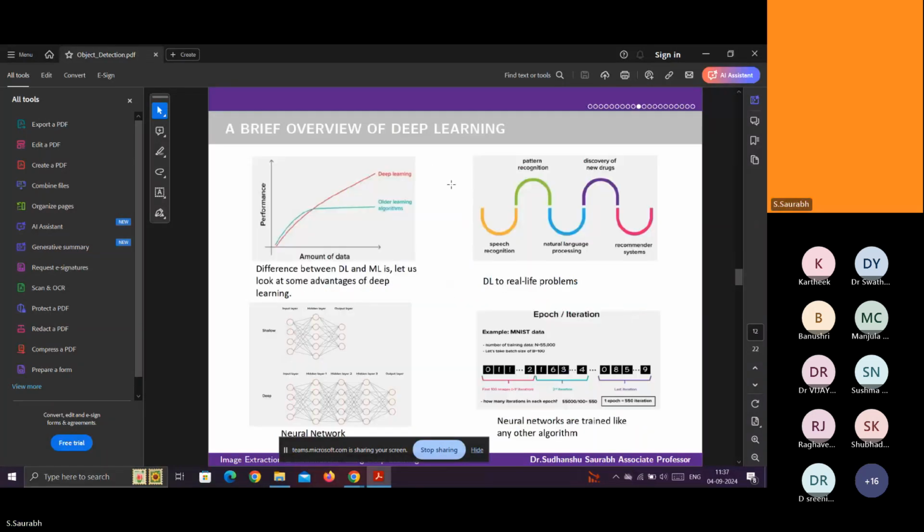See, in deep learning, day by day the amount of data is increasing. Once the data is increased, your hardware has to process that huge amount of data. If the data size is less, then it's easy to process the data. But if the data size is more, then it's difficult to process the data.